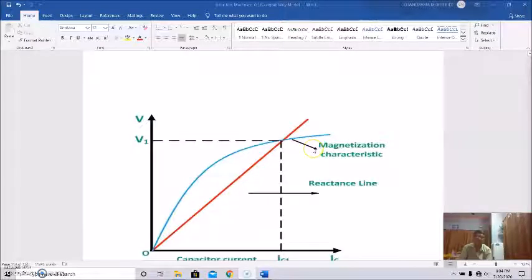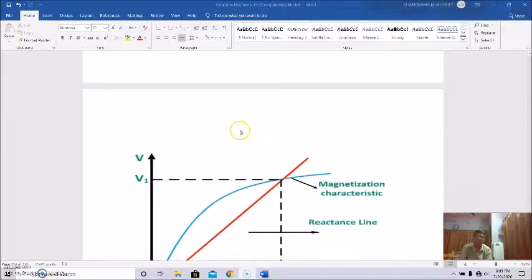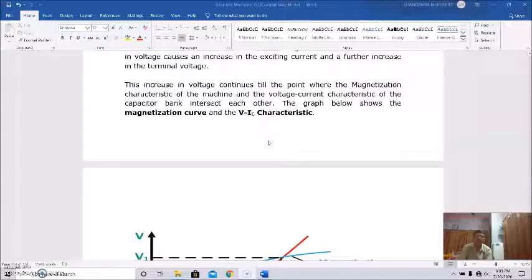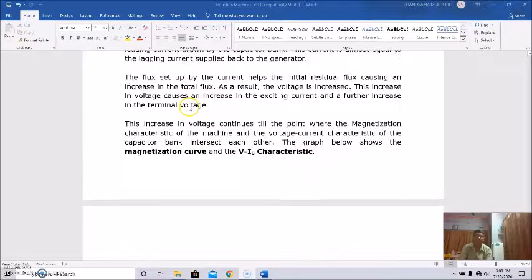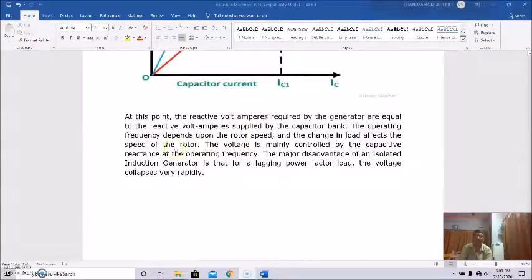This is the magnetization current, and this is the reactance line. So basically, voltage and capacitor current characteristics. This point of intersection gives you the required volt-ampere. So at this point, the reactive volt-amperes required by the generator are equal to the reactive volt-amperes supplied